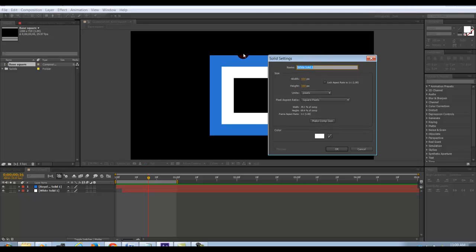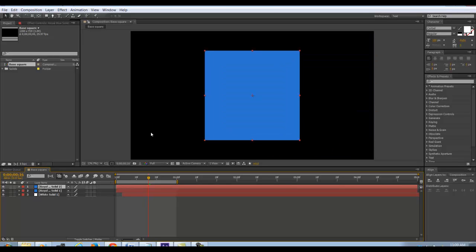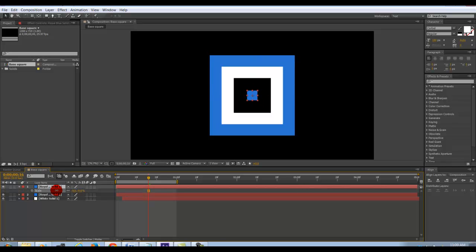We want it to be the same color as our external one, so we can pick the color with the color picker here, click on it, and we have the color that we want, and then we can scale it down,